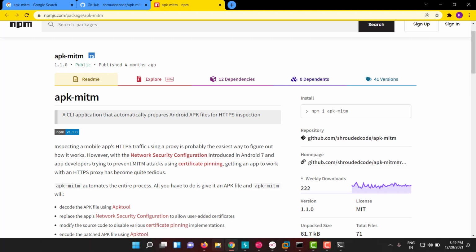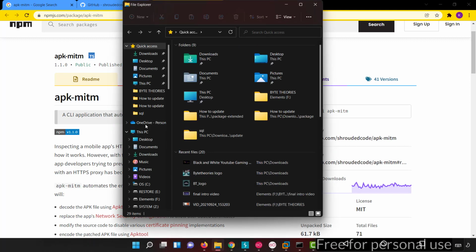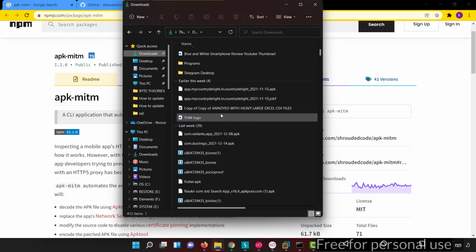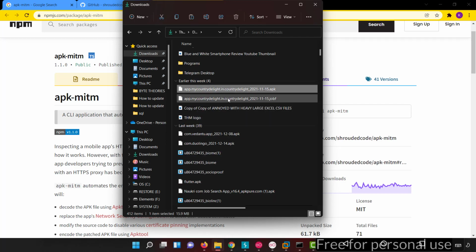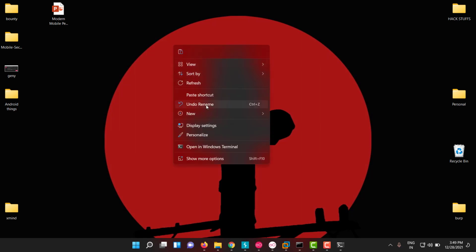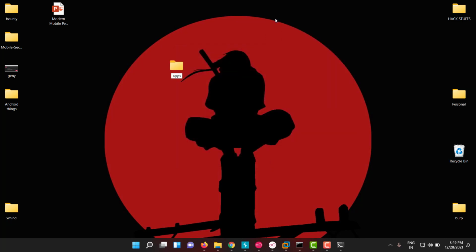So let me show you how it works. First of all, let me see where our APK is. We had it in our downloads folder, and okay, here is our APK. Let me go to the desktop and create a new folder called apps.